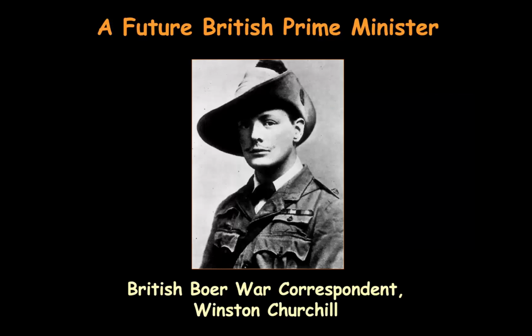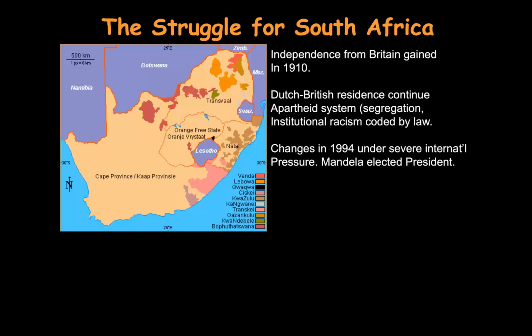This guy here, that's Winston Churchill, you guys, who's going to become famous during World War II. It's a much older fellow, but he was a soldier in the Boer War. And Winston Churchill goes on to fight in World War I, and Winston Churchill goes on to, of course, be the Prime Minister of England during World War II. Such a famous character. It kind of shows you how close all this stuff is to each other.